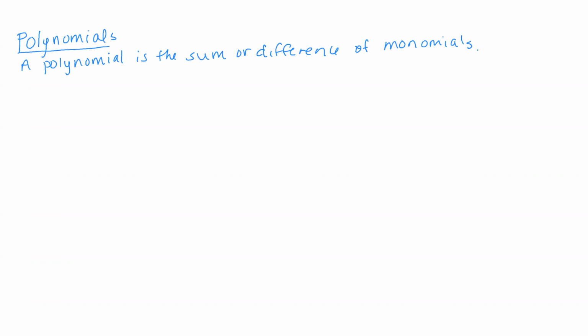Okay, so if you go back to the introduction to algebra where we talked about linear equations in one variable, we talked about terms being a constant, a variable, or the product of a constant and a variable. And then we talked about an algebraic expression, and we defined an algebraic expression as the sum or difference of terms. A polynomial is kind of the same thing. It's the sum or difference of monomials, but there are a few conditions, okay? So some conditions on this: